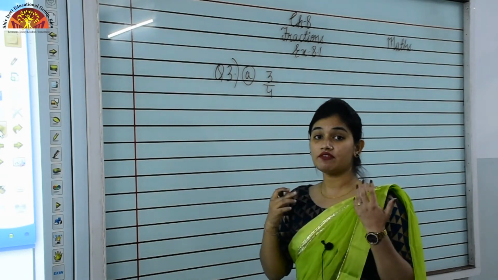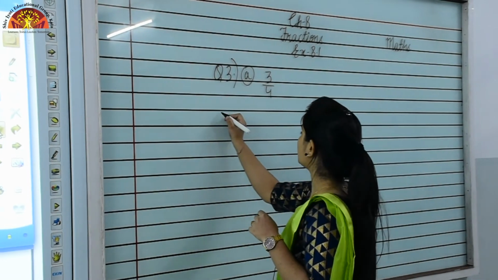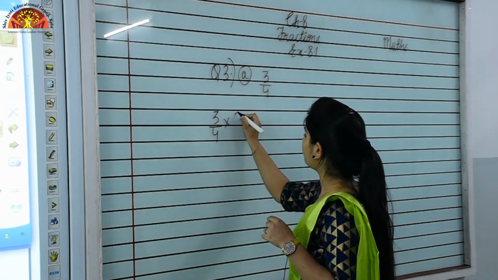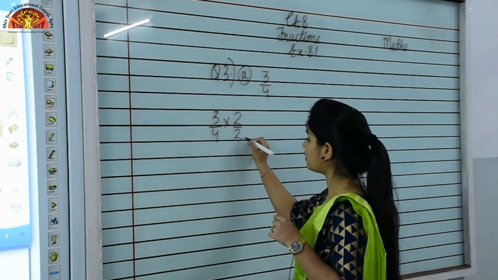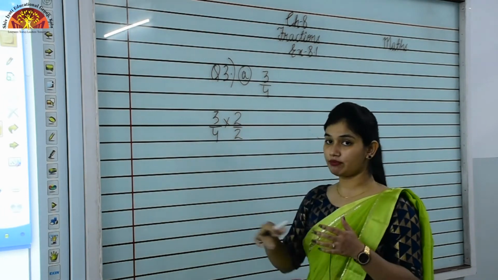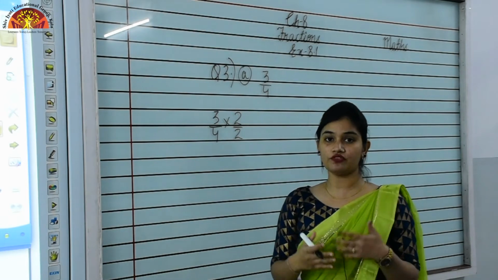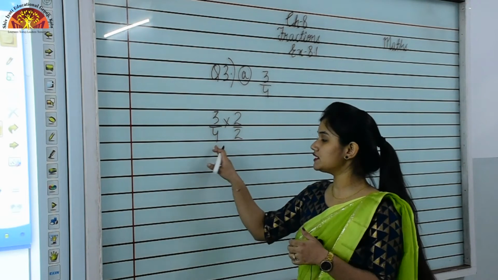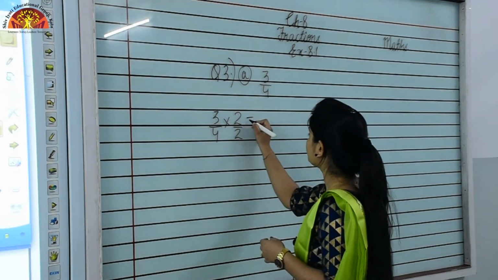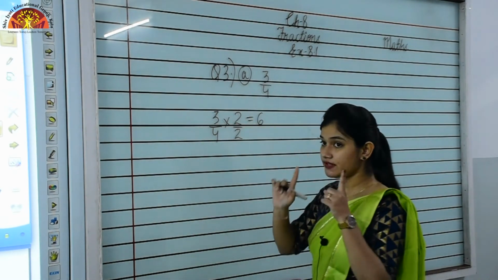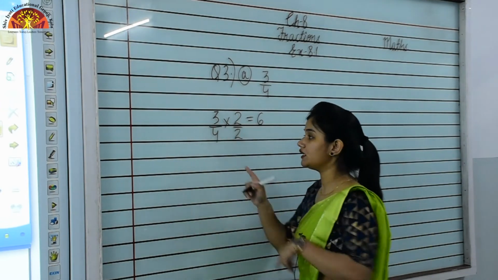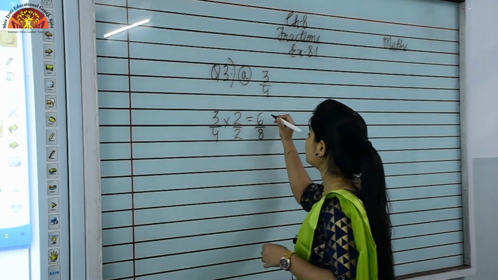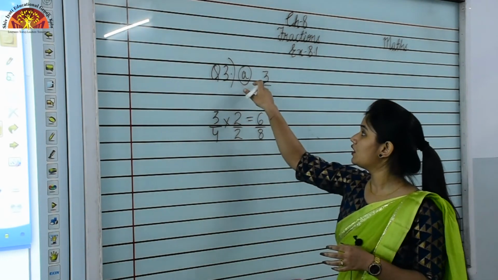So students, how can we find 3 equivalent fractions? You can multiply this fraction. First of all, I am multiplying this fraction by 2 upon 2. I can multiply this fraction by 3 upon 3, 4 upon 4, 5 upon 5, and in this way we can find the equivalent fraction of this fraction. Is it clear? So now 3 2s are 6. I will multiply numerator to numerator and denominator to denominator. So now 4 2s are 8 and this is the first equivalent fraction of this fraction.